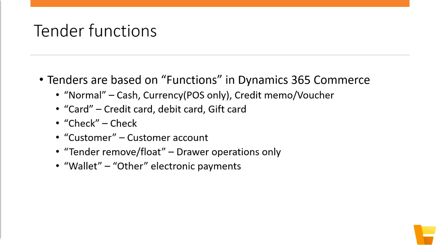Finally, we have a newer function called wallet. And you can think about this like our card function, but it's a little bit different in that it doesn't require a lot of the traditional attributes of a card transaction. So wallet payments don't have a bin range or bank identification number that comes with a credit card transaction, which used to be our primary way of taking an authorization response and locating the tender type that it belongs to. And also you don't have things like an expiration date typically associated with these payment methods.